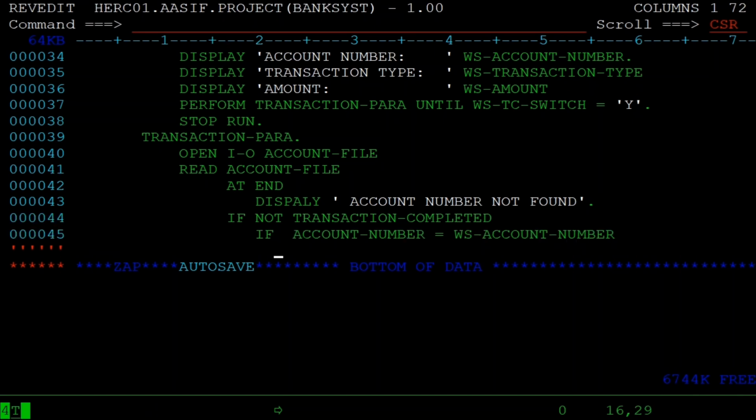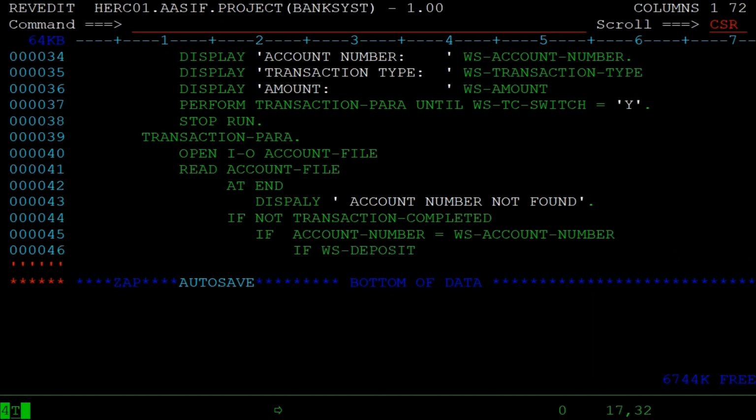WS account number equal to account number, and if the account number matches, then we will see the transaction type. If transaction type is WS deposit,